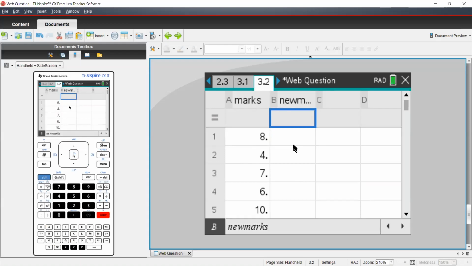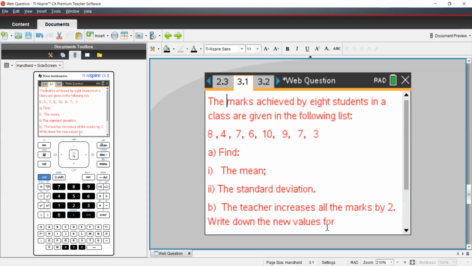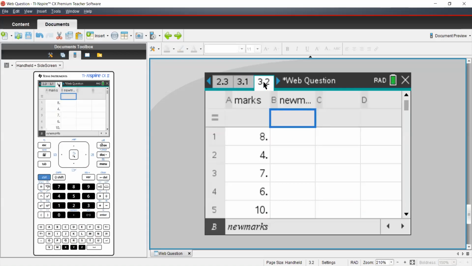So now we have one list of marks, but we need to prepare a new column in which the marks are increased by 2. What you can do is just add 2 to each one manually, but one more method is that we can automate the process. To automate it, once the name is there, come to this next box. This is the formula box.